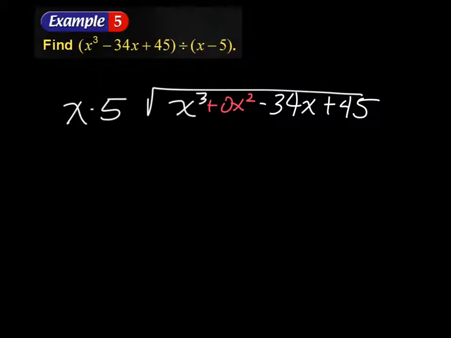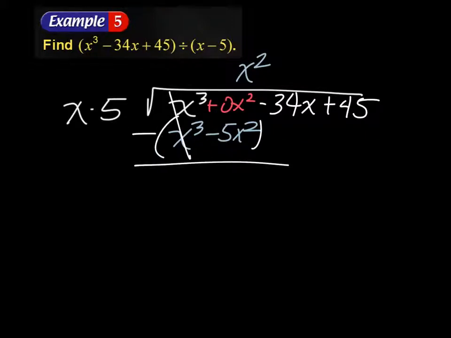Okay, again, we're asking ourselves, what do I need to take x times to get x cubed? X squared. So I'm going to have x cubed minus 5x squared, and we subtract. The x cubes cancel out, of course. Minus negative is a positive, and bring down the next term. What do I need to take x times to get 5x squared? 5x. So when I distribute that out, I'm going to have